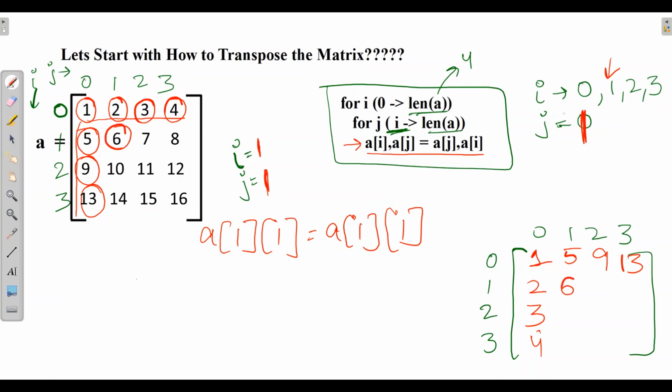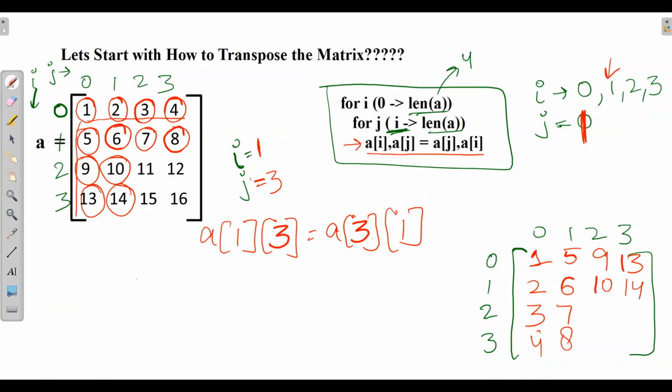Now J is equal to 2. So A12 is swapped with A21, which is 7 swapped with 10. So here we will have 10 and 7 swapped with each other. Then J is equal to 3. So A13 will be swapped with A31, that is, this 8 will be swapped with 14.